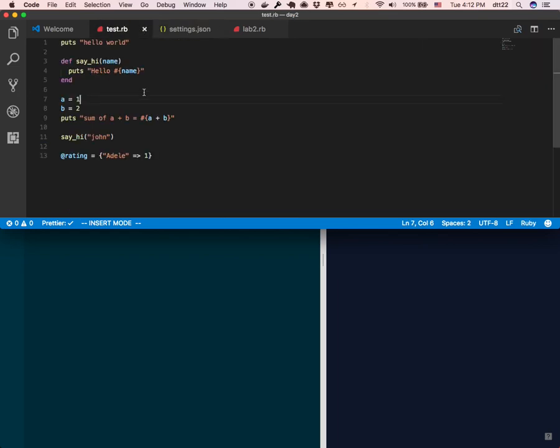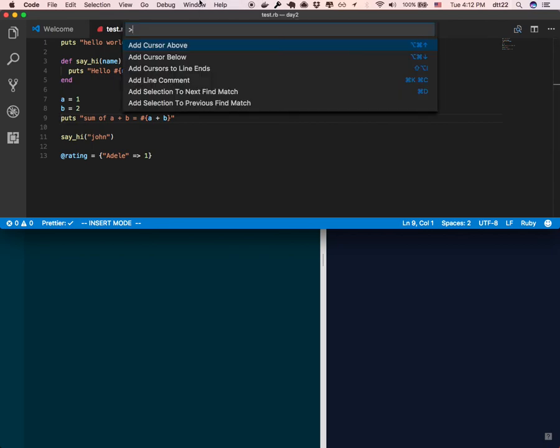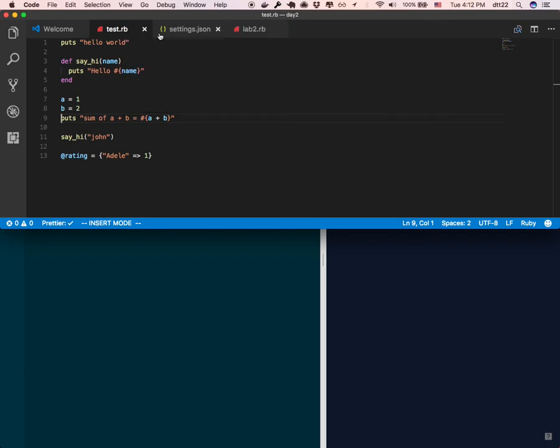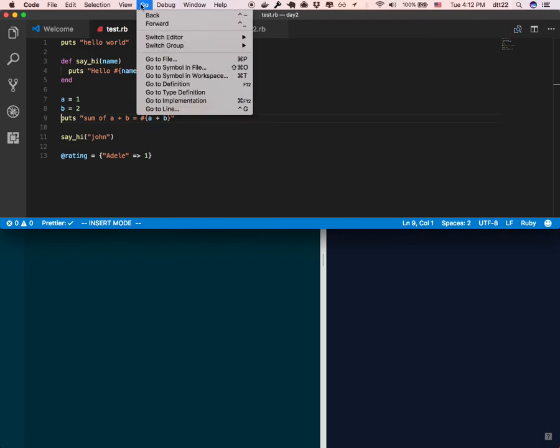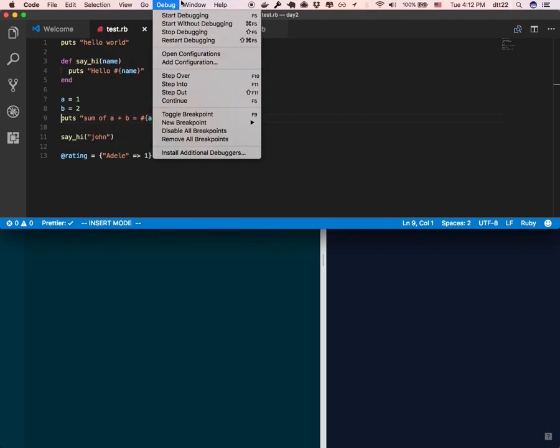Re-indent, yes. That is a bit more advanced. If you type Command Shift P, this is the command panel for you. It may be in one of the options here. So